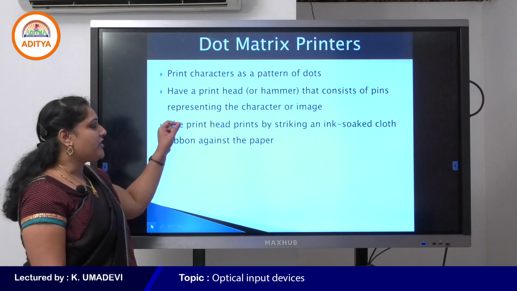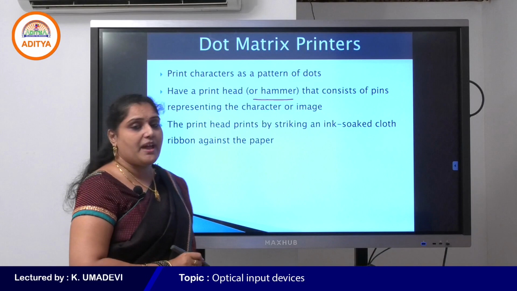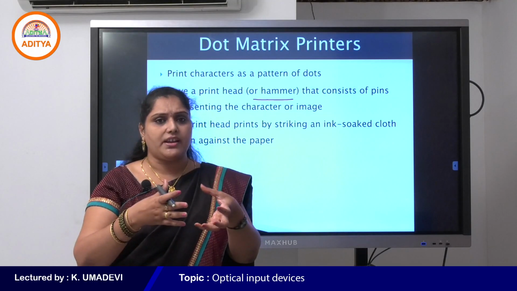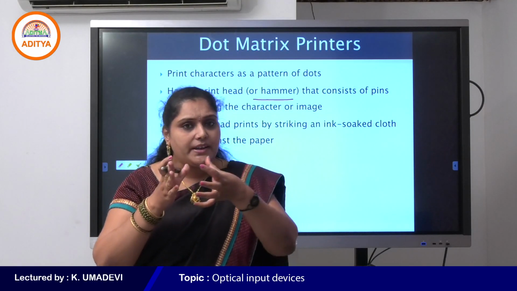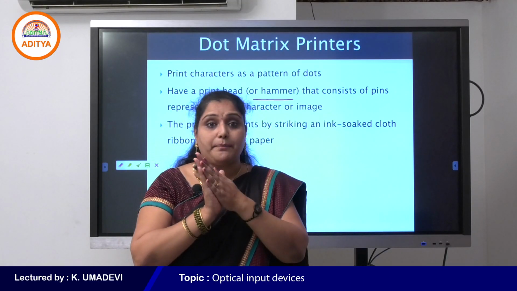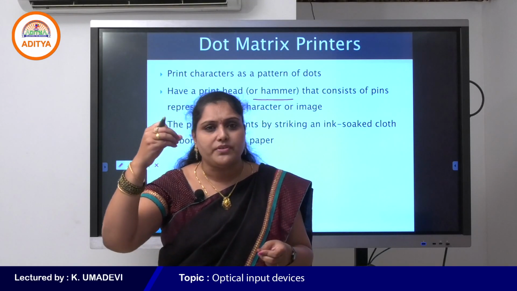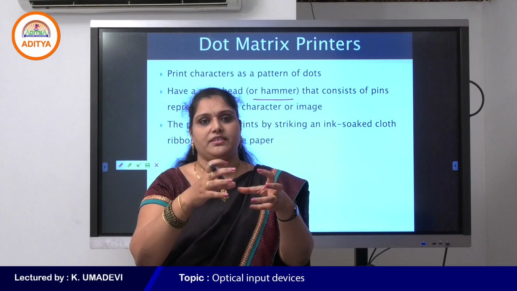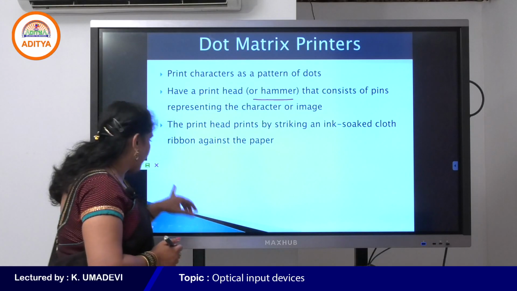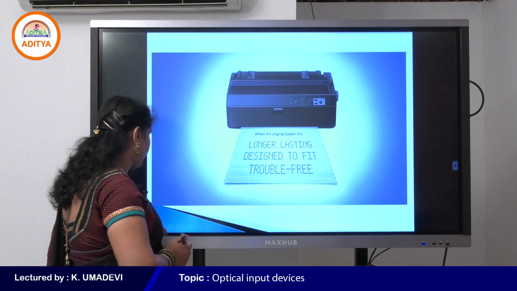Okay, so we call it a hammer. The print head is also called a hammer. So dot matrix uses the print head to print each character by striking an inked ribbon to print the characters. That means it strikes an inked ribbon to place hundreds to thousands of little dots to form text. So it prints the characters as a pattern of dots. The printed characters look like a pattern of dots. That's why it is called a dot matrix printer.